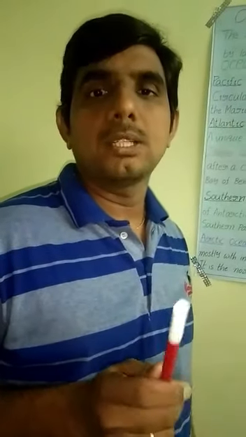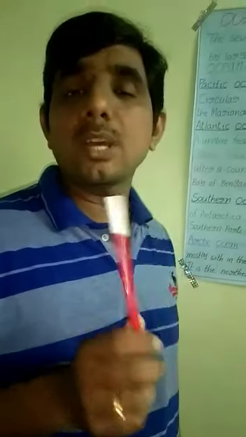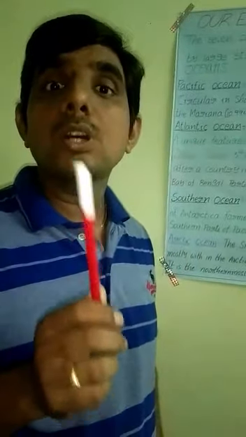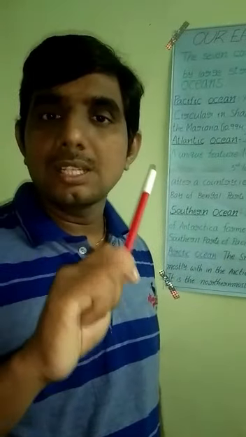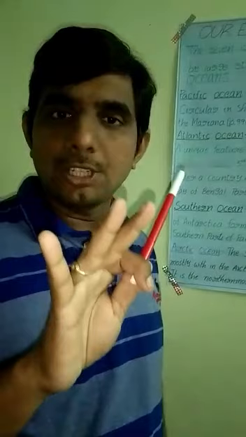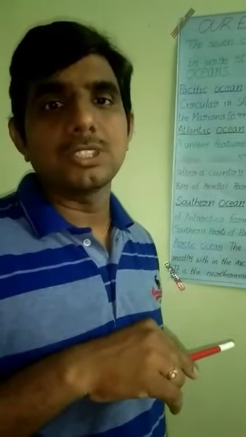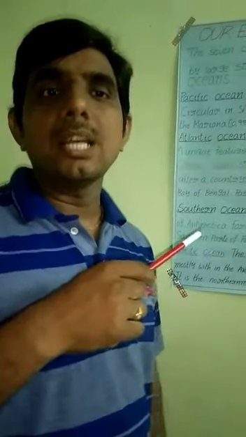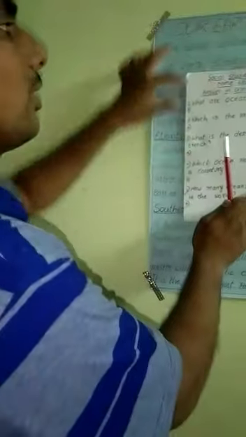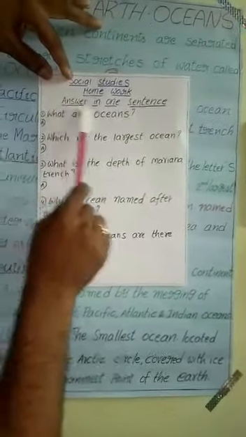Whatever topic we discussed today, from that topic I would like to give you homework. What is the topic we covered today, children? About oceans. So what are the five oceans we discussed? Pacific Ocean, Atlantic Ocean, Indian Ocean, Southern Ocean and Arctic Ocean. About these five oceans we discussed today. From these five oceans, here is the homework for you. See, children, from the topics we discussed, I would like you to answer in one sentence.